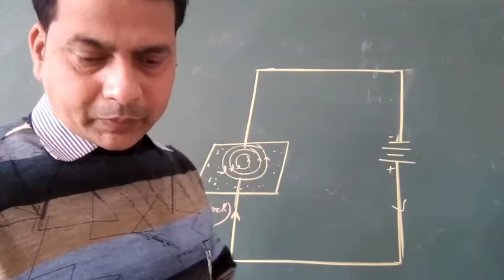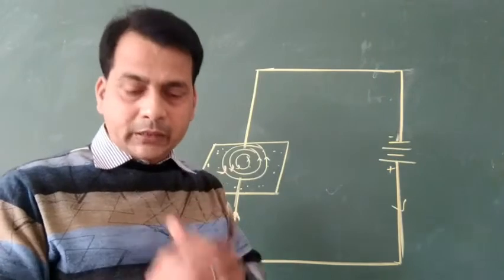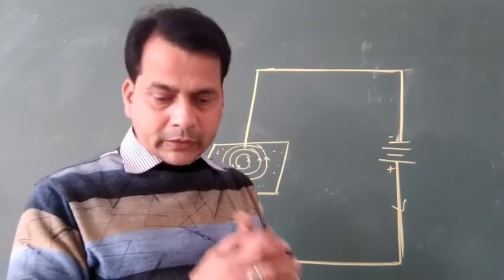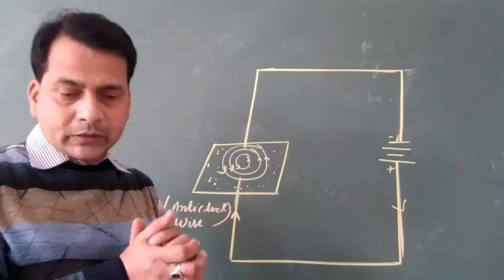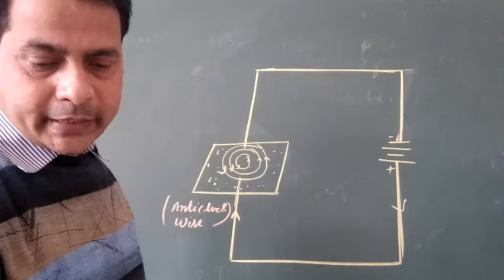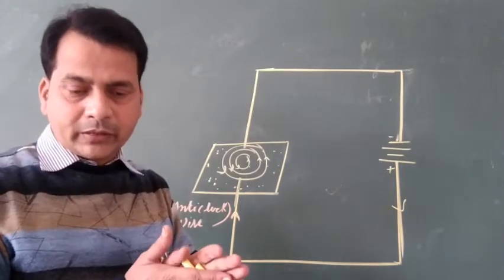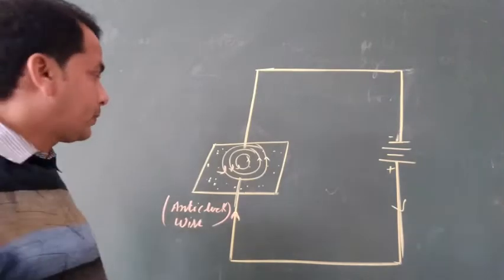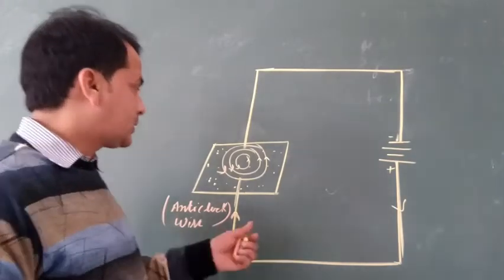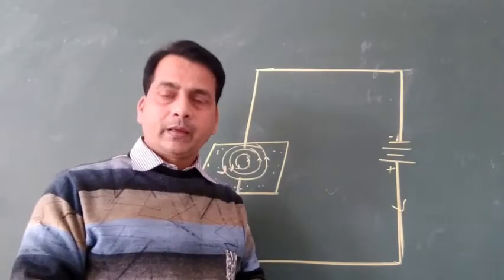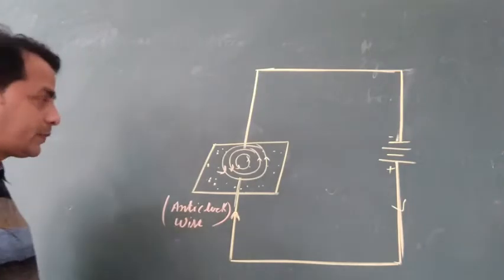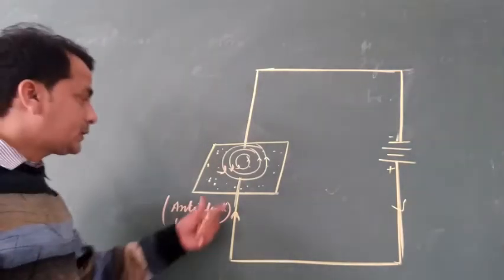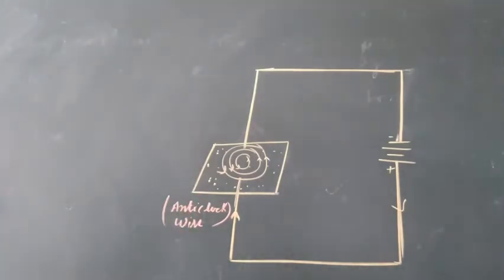In the next part, how will the strength of the magnetic field change when the point where the magnetic field is determined moves away from the straight conductor? Here the strength of the magnetic field is inversely proportional to the distance from the point of observation, means the strength of the magnetic field is inversely proportional to the distance of the point of observation from the wire.